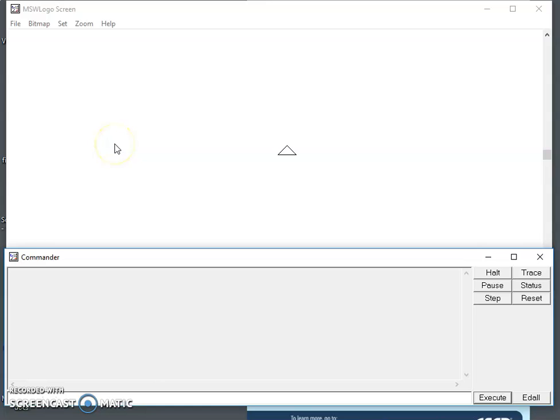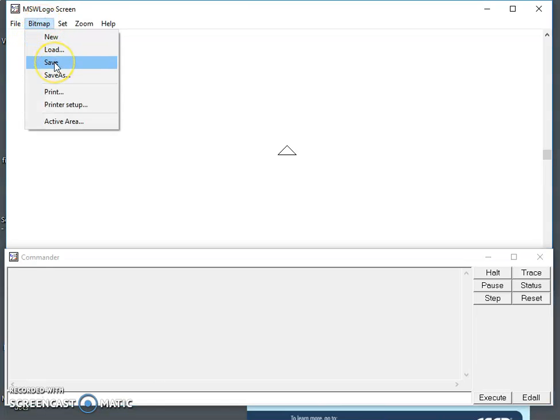Now the other thing is, how can we save our drawings in Logo? Unlike other software, you cannot save your drawings in Logo by going to the file menu. To save your drawings in Logo, you will have to go to the bitmap menu and click on save. And next time when you need to open that drawing, you will click on load. Now one important thing we must remember is that when you save your drawings in bitmap, you cannot save the commands given. So if you want to save your commands also separately, either you can copy those commands in a separate WordPad or MS Word file, or you can note them down somewhere.